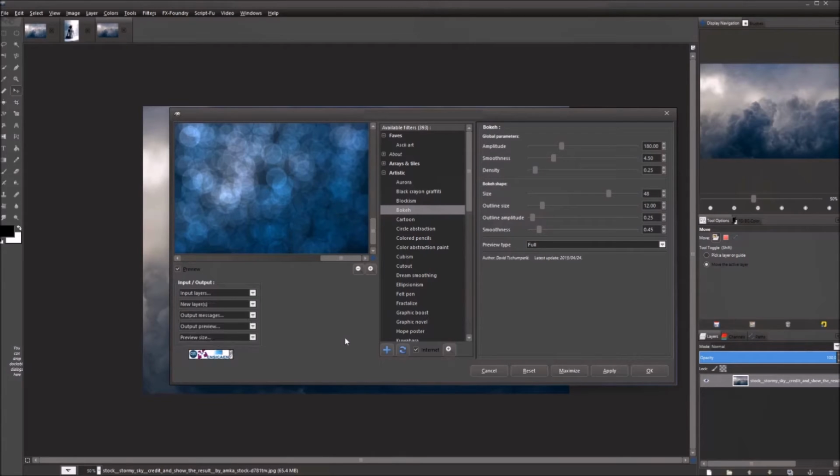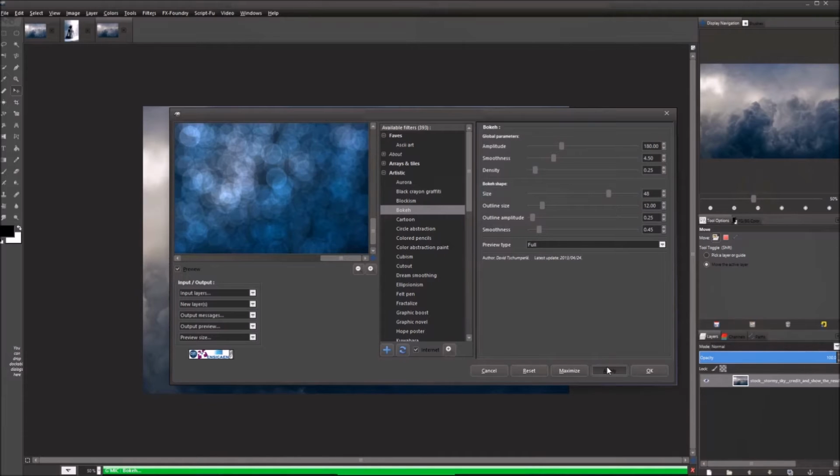We're going to go to new layers, just because that's a good non-destructive practice to get into. And we're just going to hit apply. And we're going to wait for this to do its work. The reason why I made this image smaller in half too was so that it wouldn't take so much time for this to work. Because earlier when I was messing around with this, for some reason,